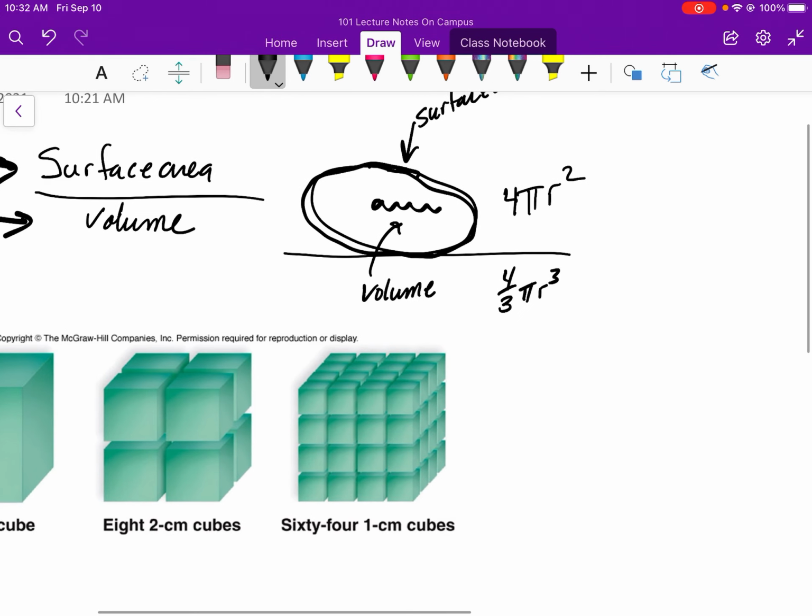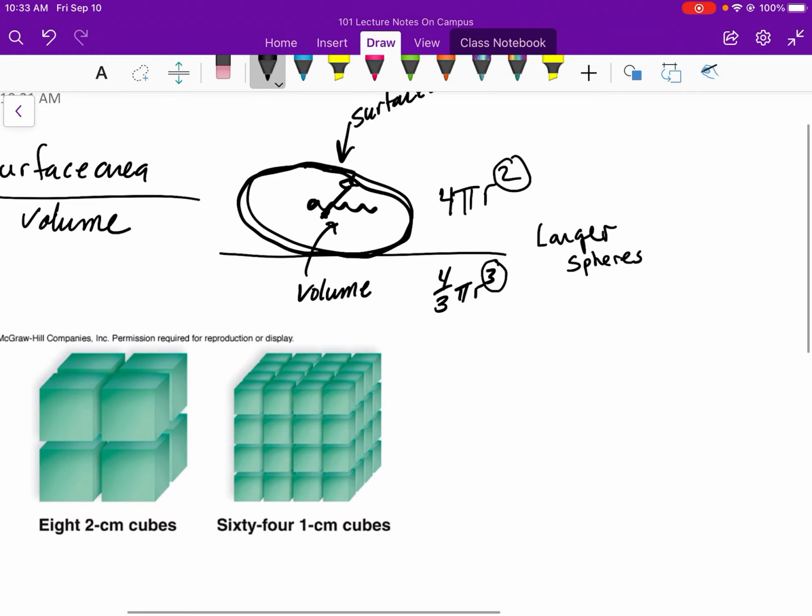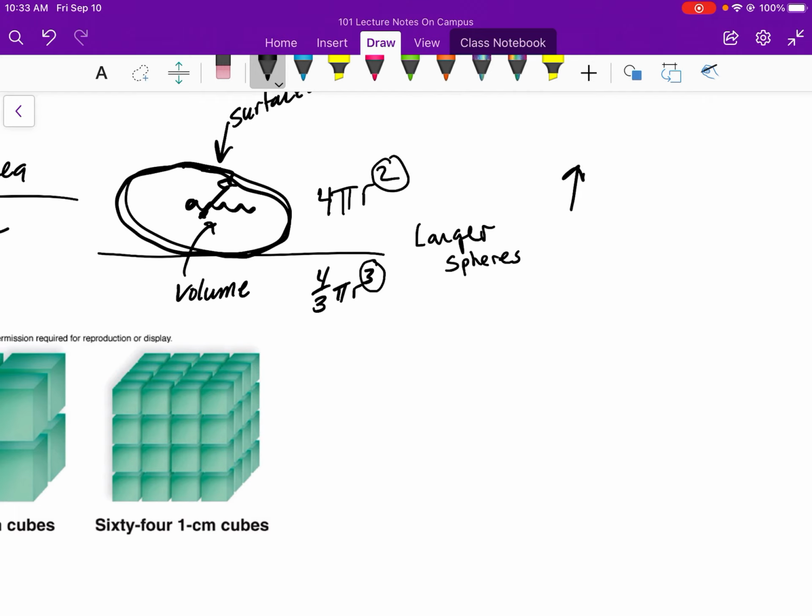Now the equation for surface area for a sphere is 4 pi r squared, r being the radius, from the middle to the edge. And the formula for the volume is cubed, so 4/3 pi r cubed. So what we're noticing is the difference in the exponent here. And that means that as you get larger spheres or larger cells, the surface area increases by a square function and the volume increases by a cubic function,